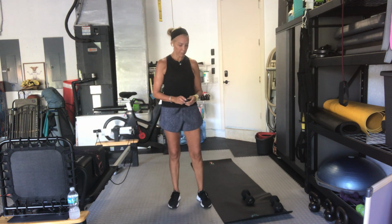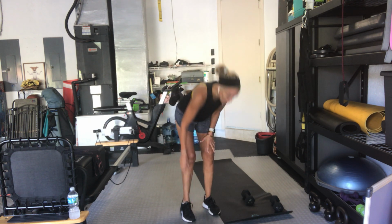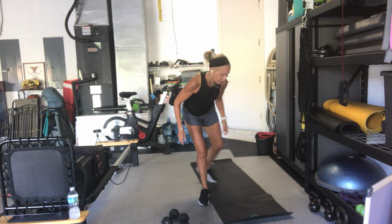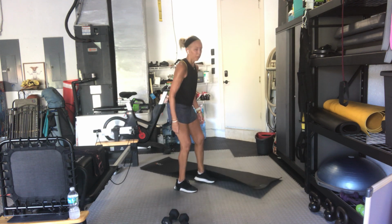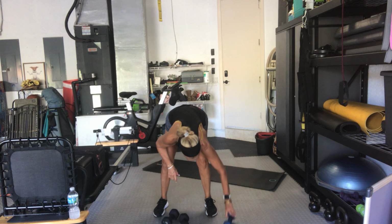So when we get down to the floor, we'll go over that. All right, the first one, actually I'm going to move the mat so that it's set up for you guys automatically. All right. Yes, okay. So our first